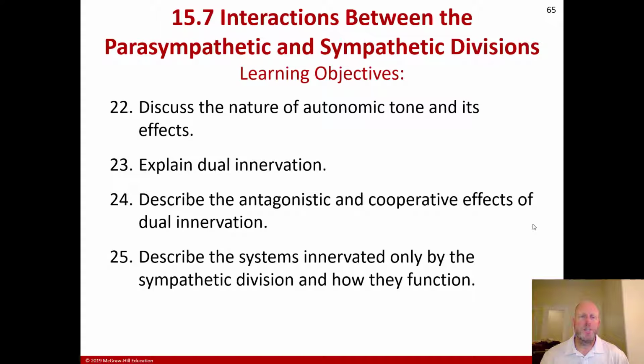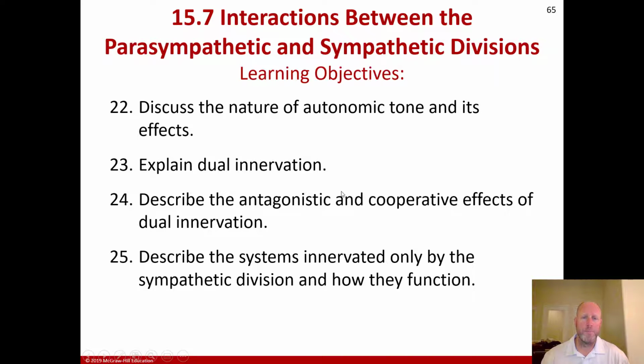All right, we're now talking about section 7 in chapter 15 on the autonomic nervous system, with the interactions between the parasympathetic and sympathetic divisions of the autonomic nervous system. Learning objectives for this section: you should be able to discuss the nature of autonomic tone and its effects, explain dual innervation, describe the antagonistic and cooperative effects of dual innervation, describe the systems innervated only by the sympathetic division and